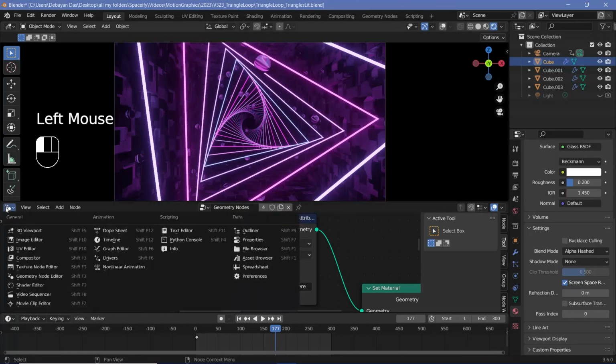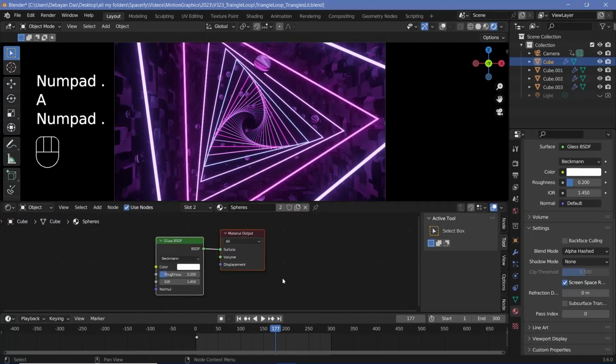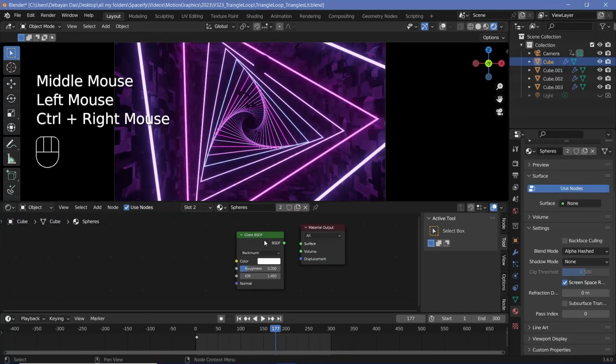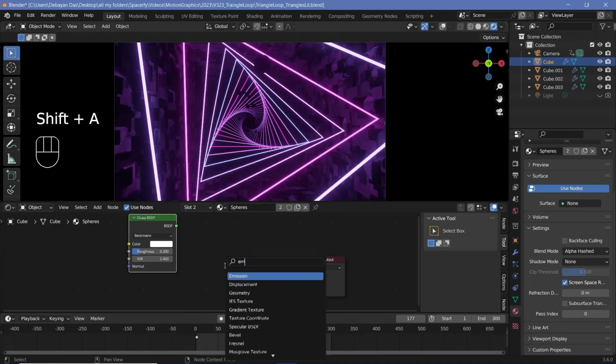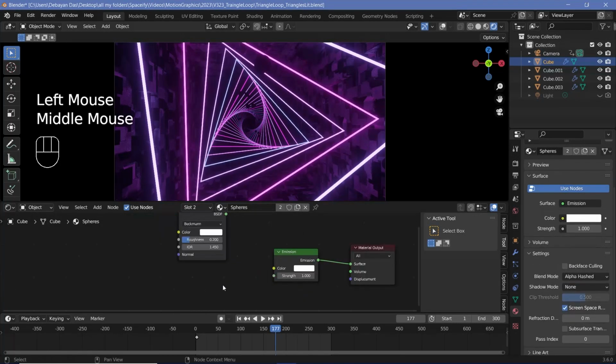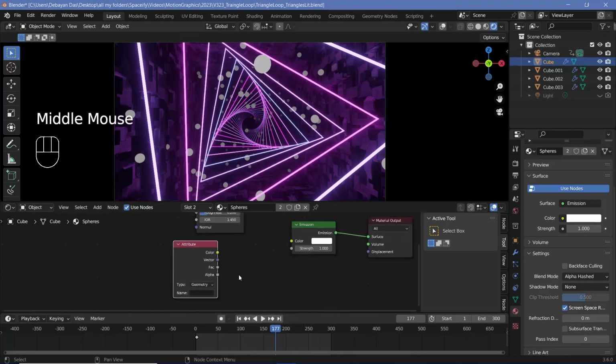Now I'll switch over to the shader editor. For the spheres material itself, I'll just disconnect this glass material, press Shift D and search for an emission node. Let's plug that in right here. Press Shift A, search for the attribute node, switch this from geometry to instancer, choose that same name, and then